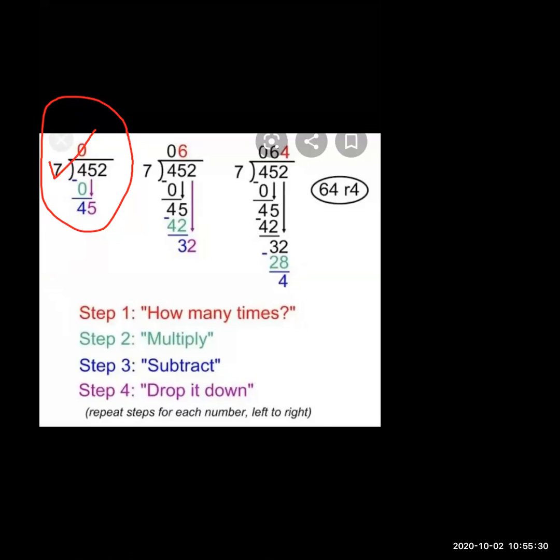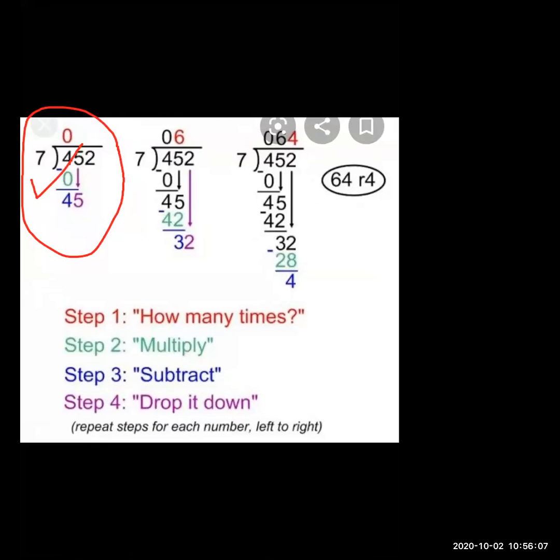Till here, everyone clear? Give me response in the chat box. Then I will proceed. Okay, cleared. Yes. Now go to the next. Yes, students, look at here. Now go to the second number. Which is our second number? Tell me. After 4, which number is there? After 4, 5. So 4 minus 0 is 4, and after that you want to take out the next number, that is 45.